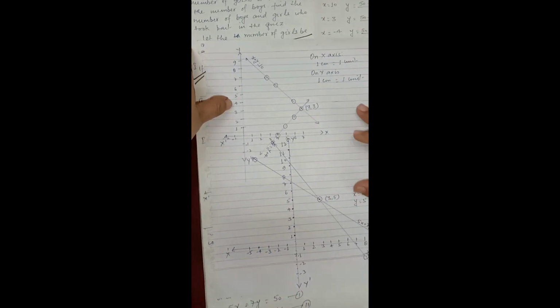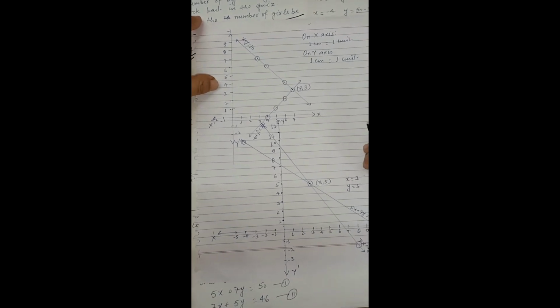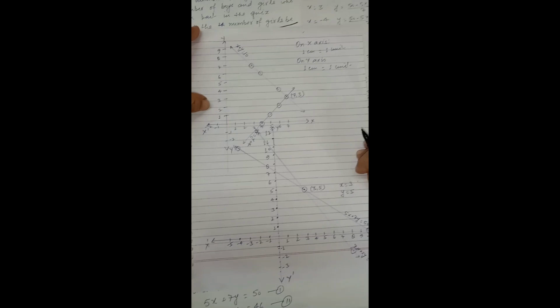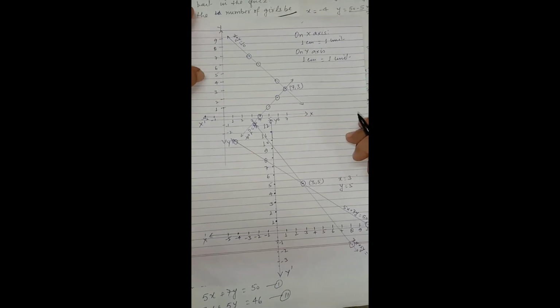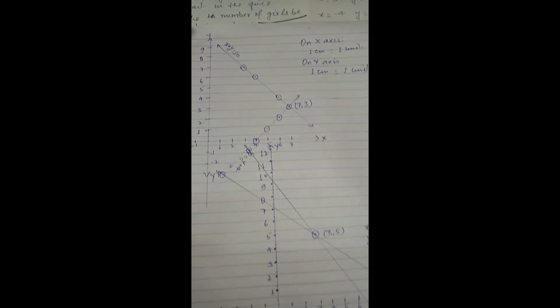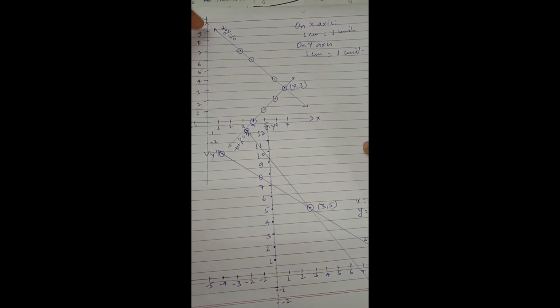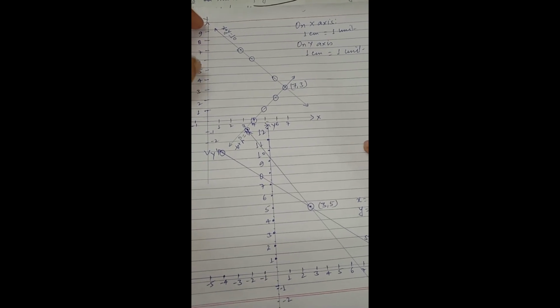Now we'll draw the graph. At least 3 points you have to find. For 3 values of x, you have to get 3 values of y. At least 3 values, because with 2 points we can draw the line always. But if we can draw the line with a 3 point, then it is the solution of the given system of equation. So you all have seen the graph paper. In that graph paper, we will draw the graph.